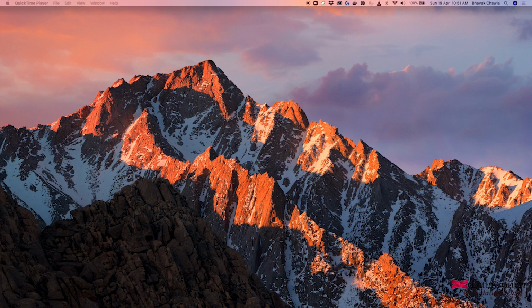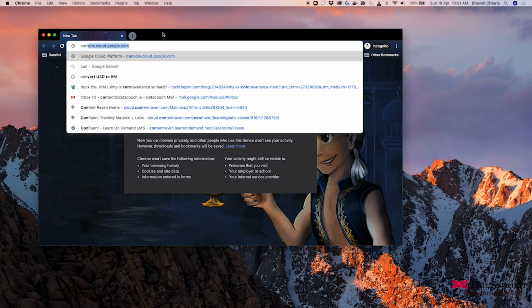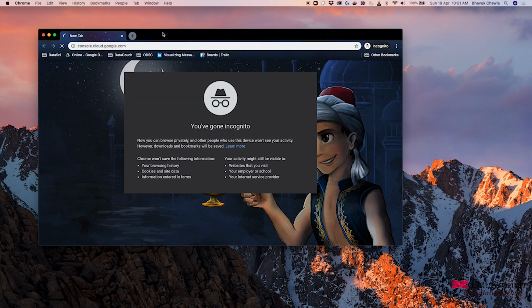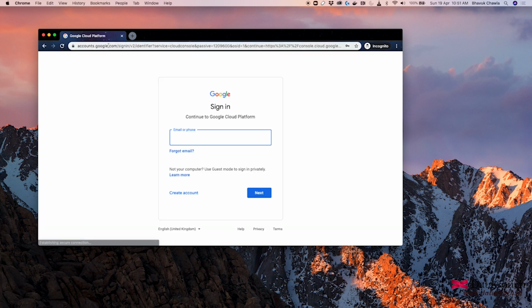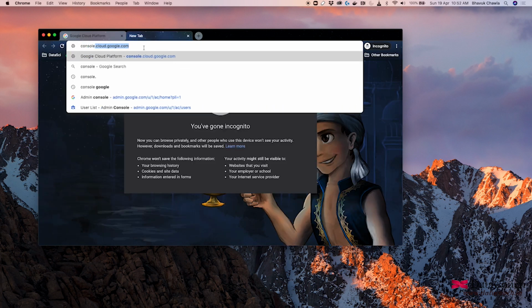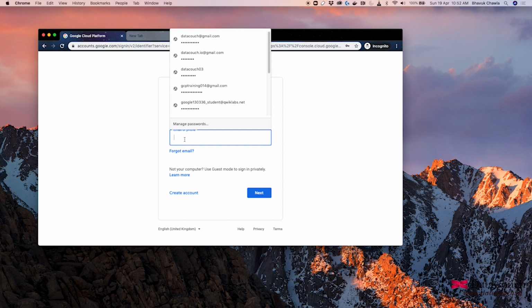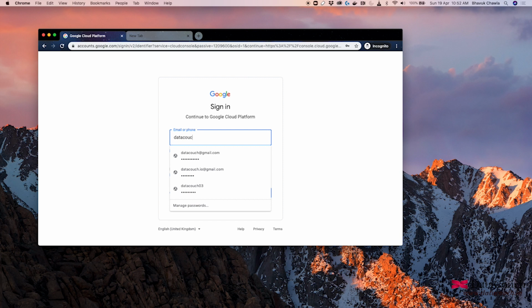We will be working on Google Cloud Platform, and we will be making use of free credits of Google Cloud Platform. So I'm going to console.cloud.google.com. This is the URL, in case you are wondering. You can go and log in using an email address which you have set up in the setup video. So you can just log in through that